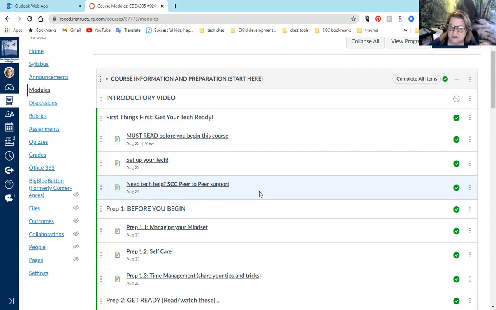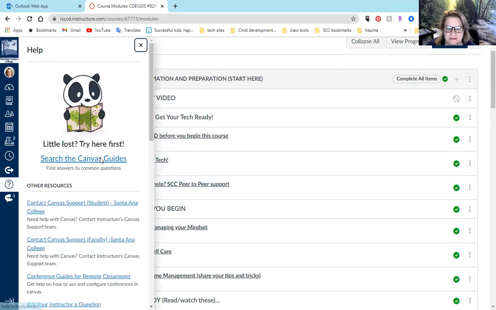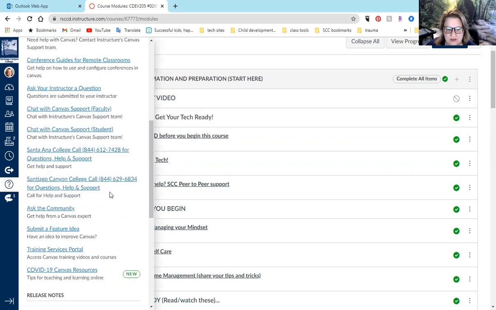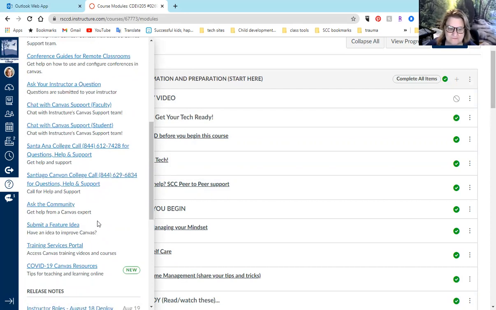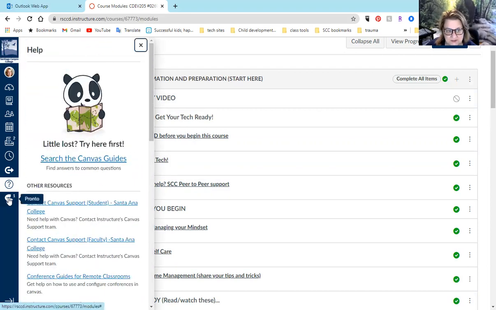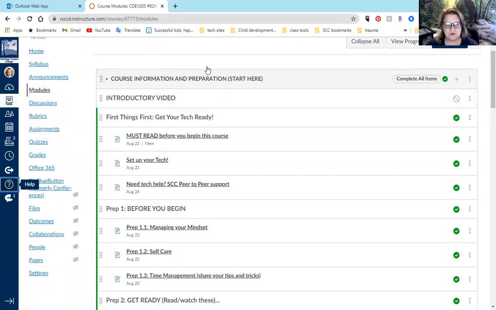Yeah, because that's part of your fees. So you pay for the help desk. Here's a hint. All the stuff is here. Click it once. Check this out. It's listed by SAC and SCC. Faculty support, student help, like submit a feature idea. They asked me and I told them, let's do this instead. And then this gives us updates for observers, roles, or whatever. And see, here's Pronto. It's fantastic. Here's the inbox. I cleaned that out before we met. And look, there's 2 people who try to get a hold of me now, which is fine. But again, as you go through, as you click each one, it'll come off your to-do list.